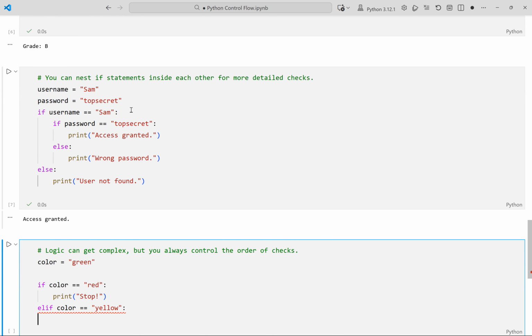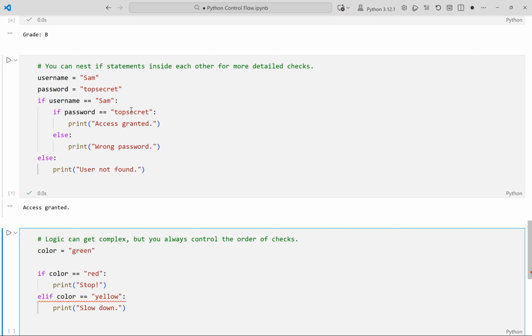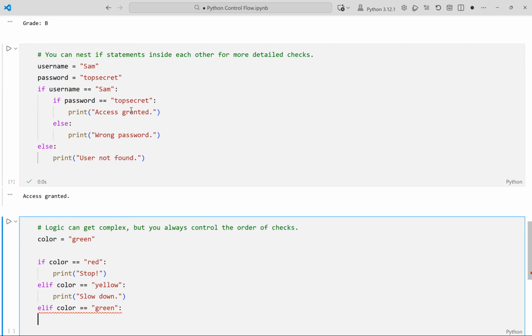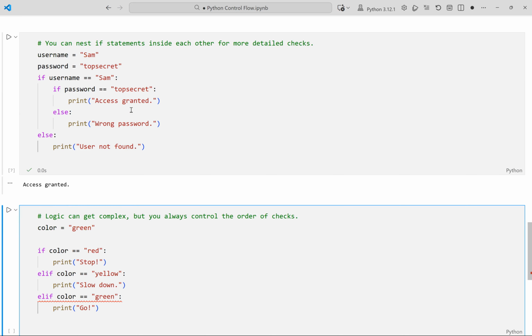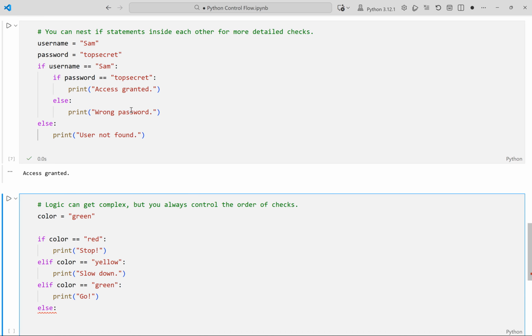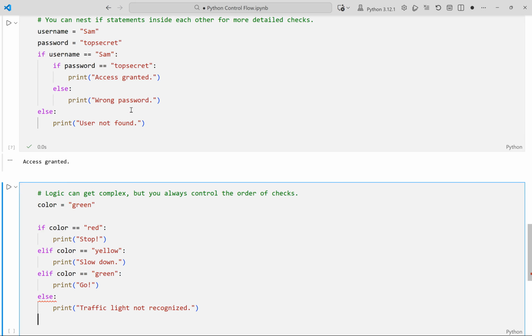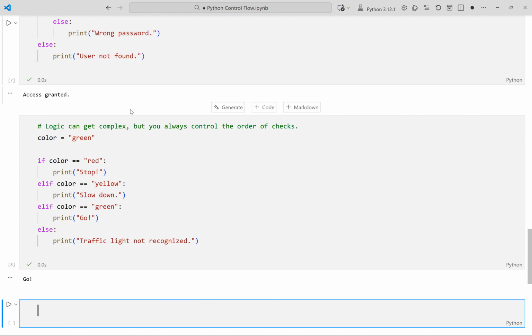If color is yellow, print slow down. Otherwise, if the color equals green, check this condition. If color is green, print go. If the color is none of the above colors, print a warning message. Running the cell now. The output, go, shows that only the first true condition in the chain runs, which here